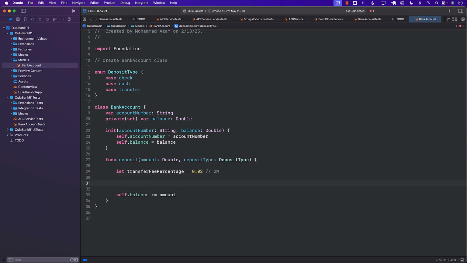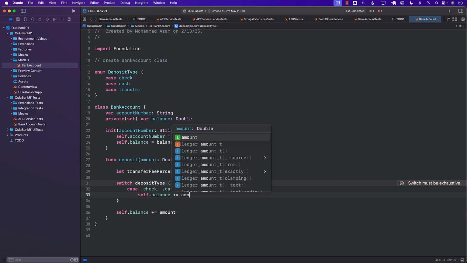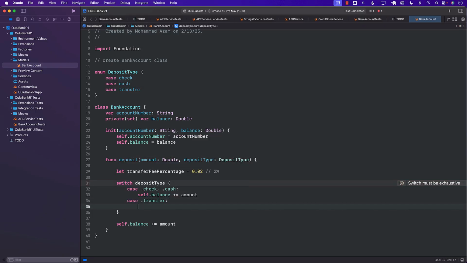Now, we do have to make sure that when we're depositing using check or cash, it is working as expected. So we can perform a switch on the deposit type. If it is check or even cash, then we don't really do anything. We just do the same thing that we were doing before, plus equals amount. But if it is transfer, this becomes a little bit different because now we have to calculate